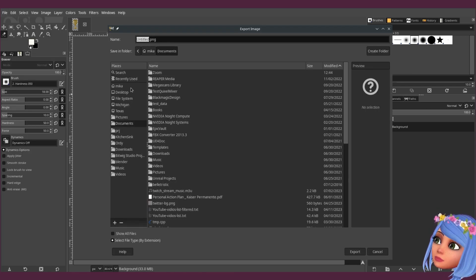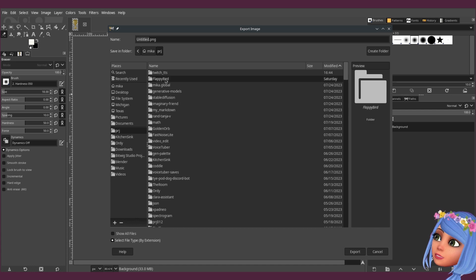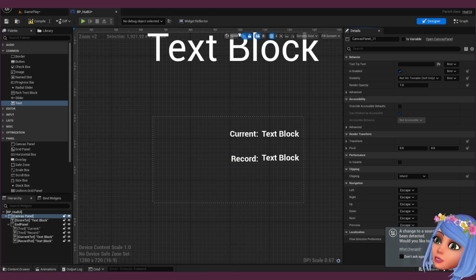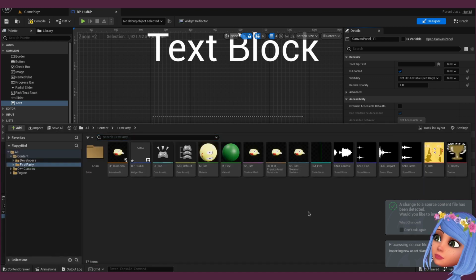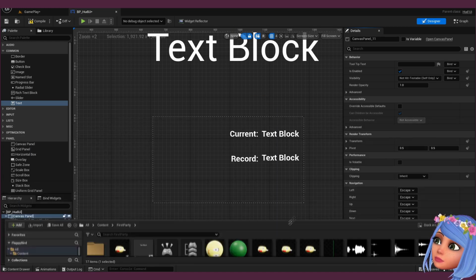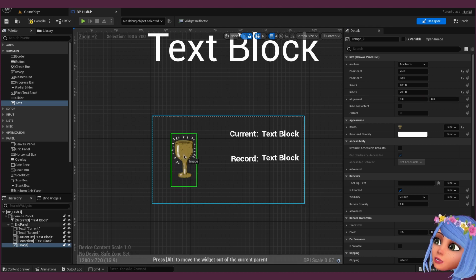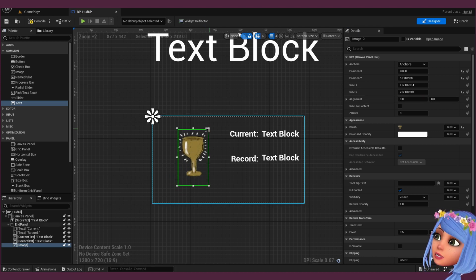So project Flappy Bird content first party, and we are going to call it T trophy PNG. Export, import, and so maybe slightly bigger.